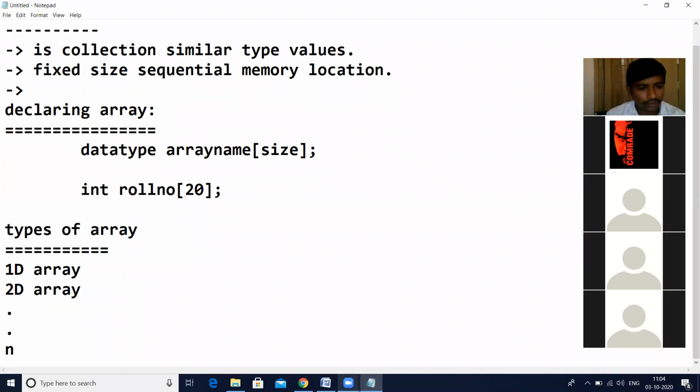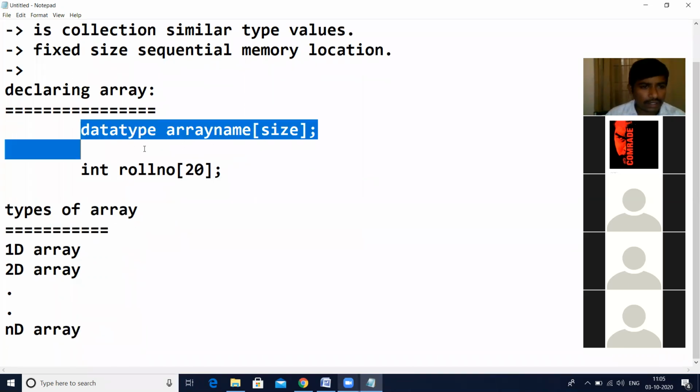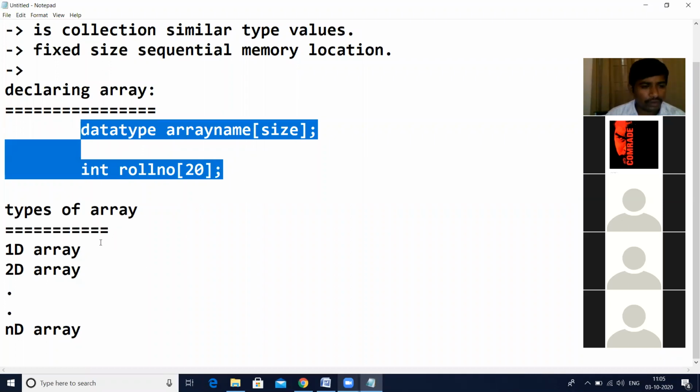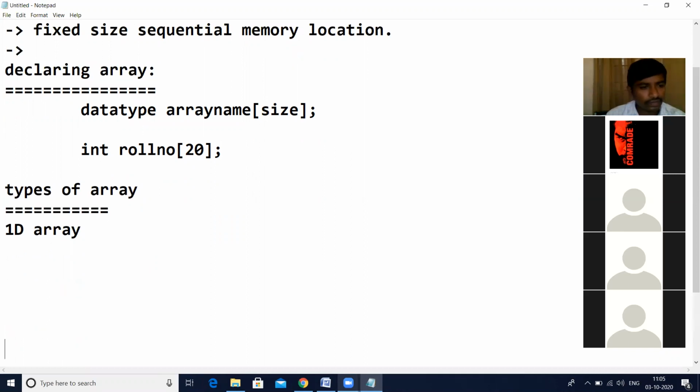ND array also we have. So whatever we declared first here is a one dimensional array. Now we will see how to declare this one dimensional array, how to initialize the values, and how to access those values.